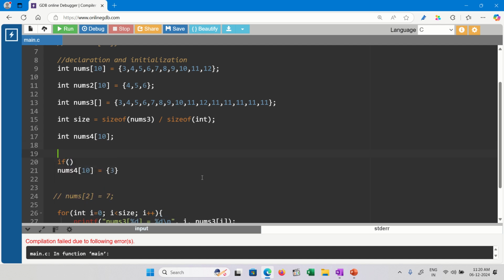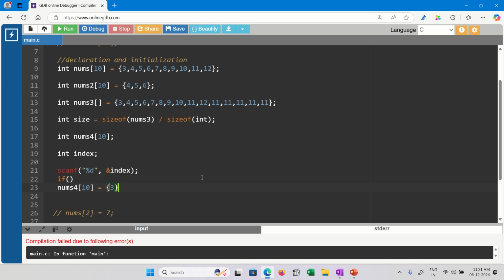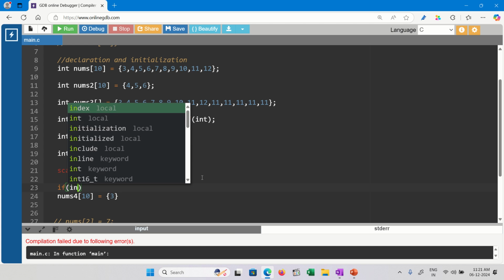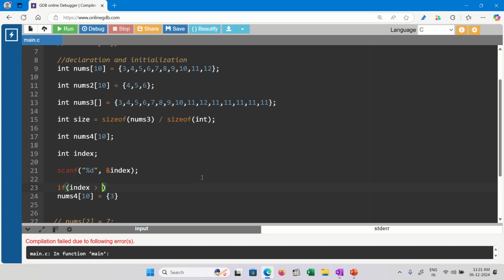So let me just take an index. If I take an index from the user, let me declare a variable here, index, right? Okay, and ask the user to enter an index that the user wants to access, and here the user can enter any index. So it is your responsibility to check the index. Is the index greater than or equal to 0 and is the index less than 10? If yes, then update it